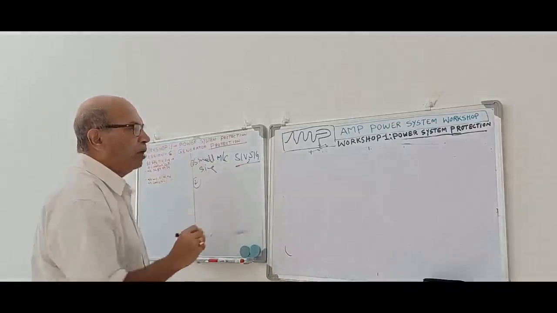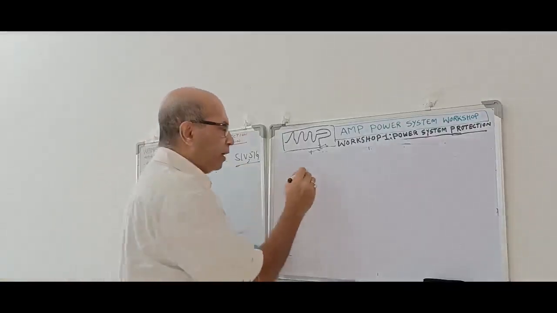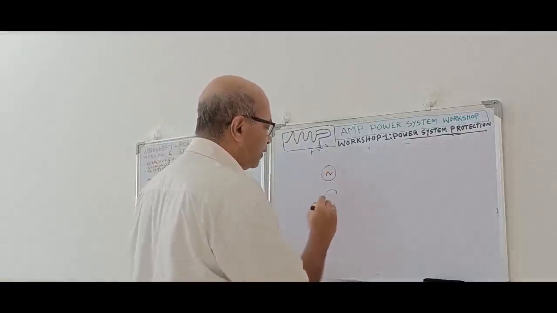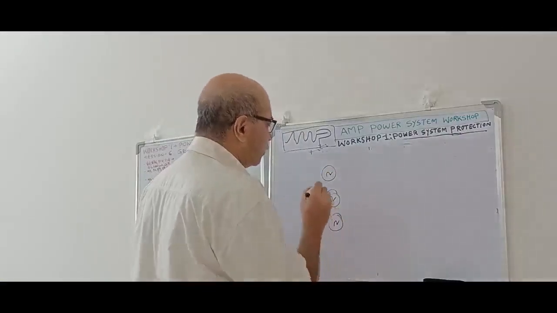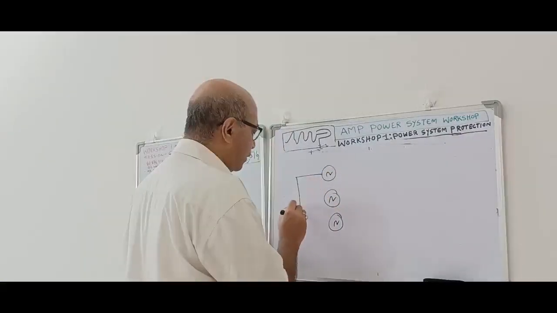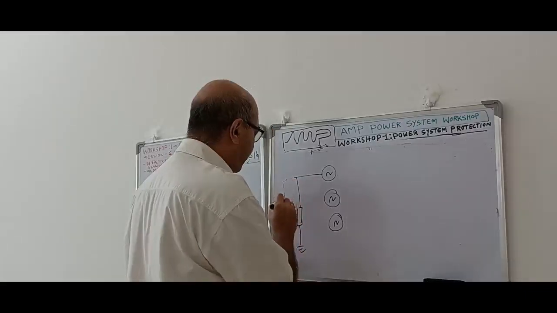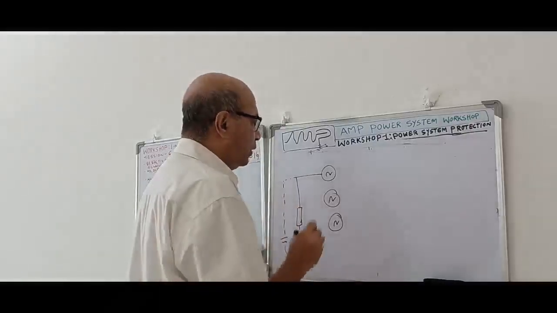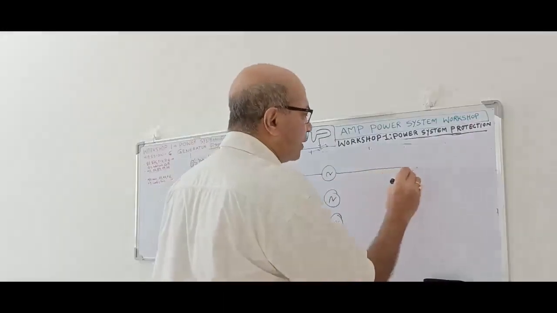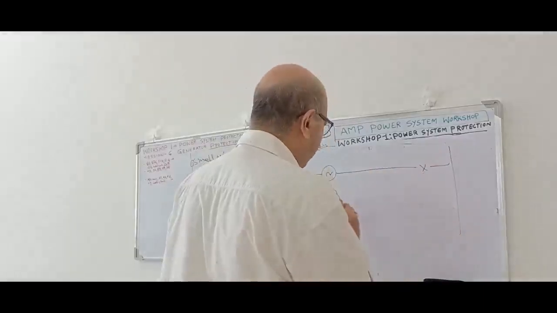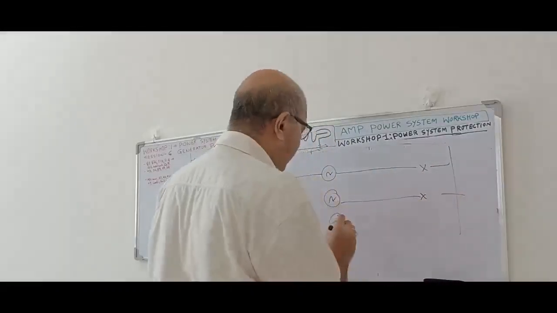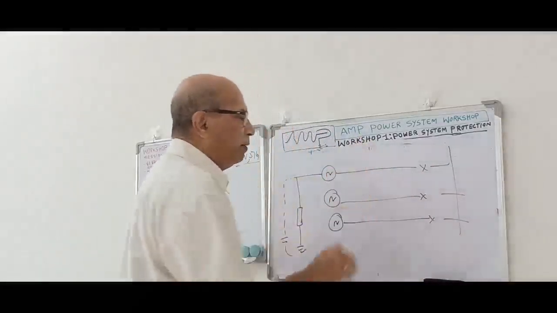The second category is a small machine but a multi-machine system. That means multiple machines are connected like this. Suppose this is connected through a resistance and it is grounded, or it can be connected directly. What about the mode of connection? In this case, it is coming to a switchgear. All are connected this way. All have an identical mode of connection. These are the multi-machine systems.